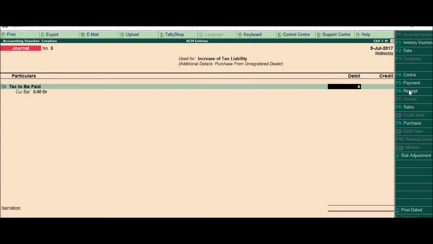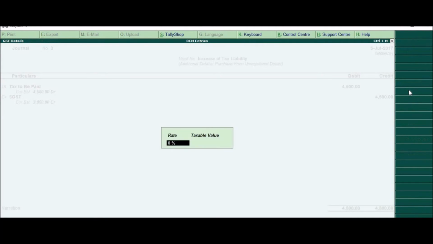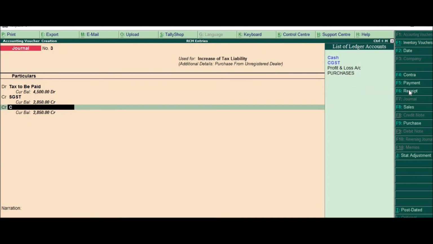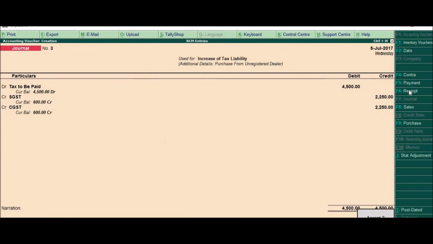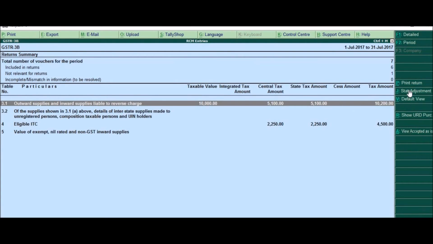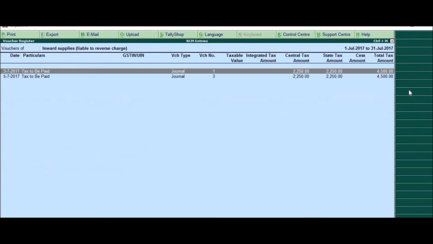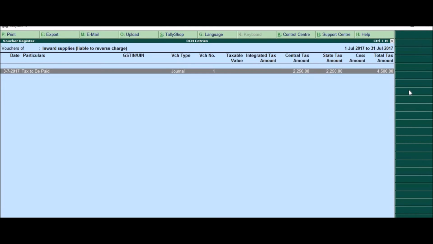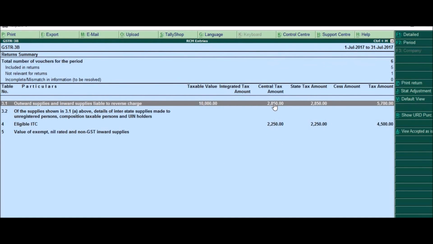So in our case it was 4500, SGST was 2250 and CGST was also 2250. Okay, and you can simply save it. Now because we have two such entries, I will delete one of them. One I had already entered. So this is how it will show.